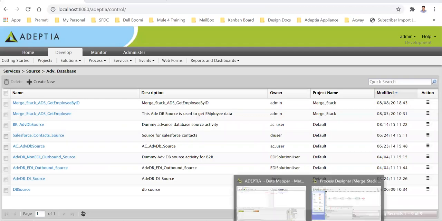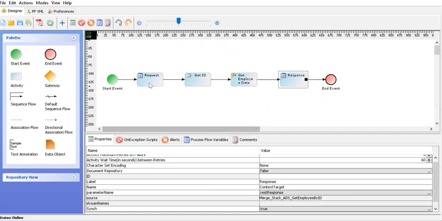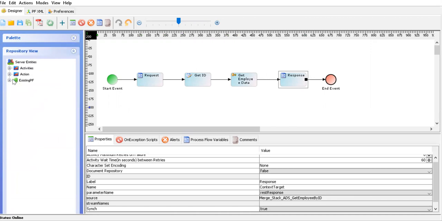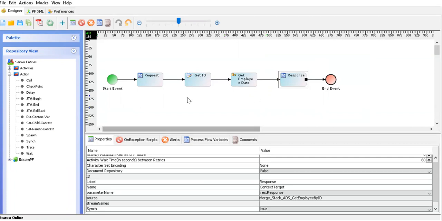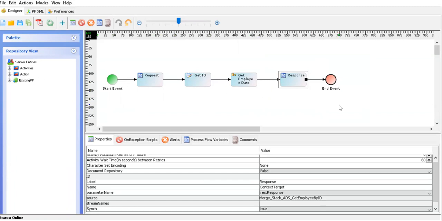If I say this context source and context target, we don't need to create them because these are inbuilt activities in the action part. Whatever is mentioned in the action part, we don't need to create. This won't go and sit in the database tables. These activities will be there in the process flow itself, so we don't need to create them in the web console.